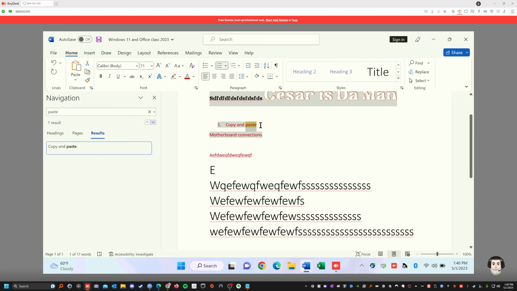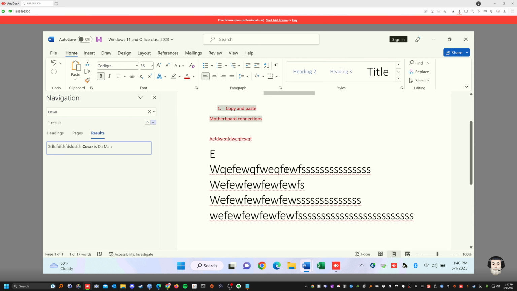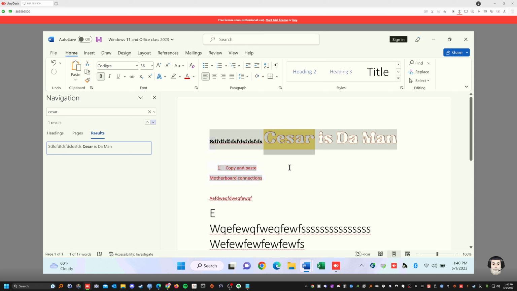It's highlighted in yellow. Let's say I want to look for another word in the document, and I'm going to look for Caesar, right? And you enter, it takes me to Caesar. See that? This is great when you have a big book with 100 pages and you want to go to a paragraph in the book, or you want to go into your article and find that keyword, and especially good for passwords. Let's say you have a list of passwords and you want to find the password, and you type in Google or whatever, and it'll take you directly to the field where the password is for Google.